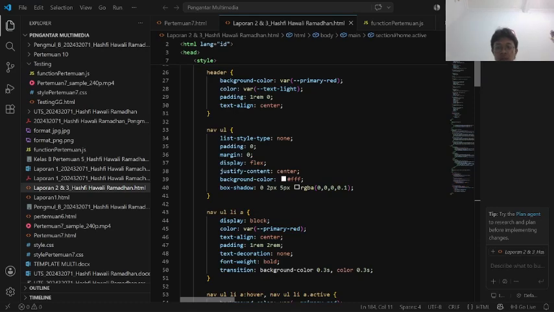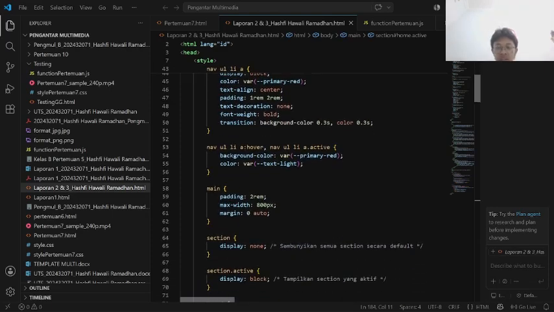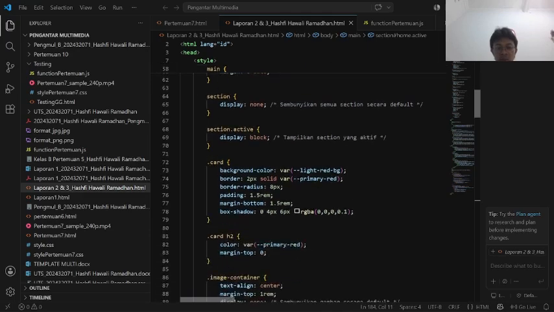This ensures that when the page loads, all sections are hidden from sight. Only the section that receives the active class modifier will switch to display block and become visible. Similarly, the image container has a default state of display none, so that the images stay completely hidden until the user